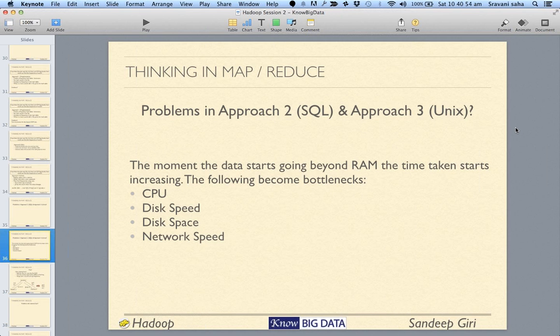First, IOs will become a problem, and then the CPU, then the network speed. As the data keeps growing big, these kinds of problems will come into play. If you have 5 computers and you have a few terabytes of data, say 20 terabytes of data,